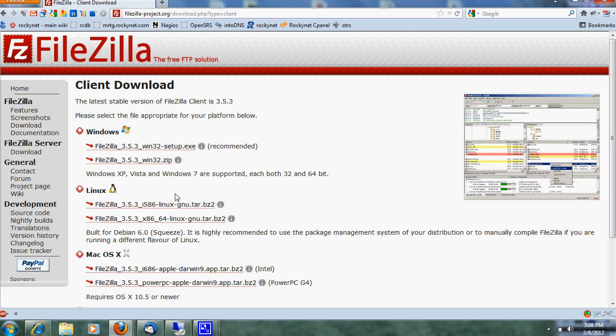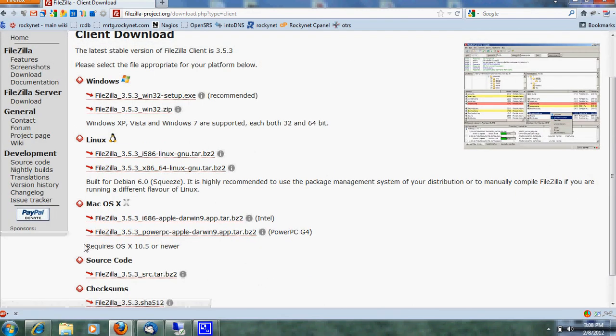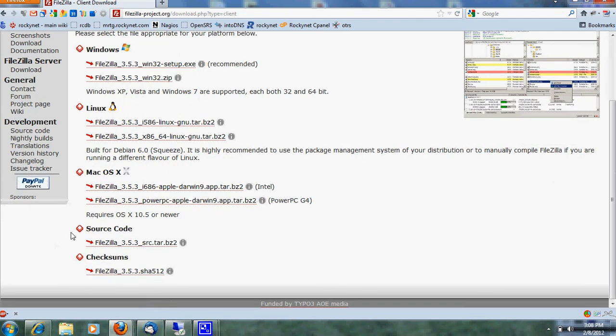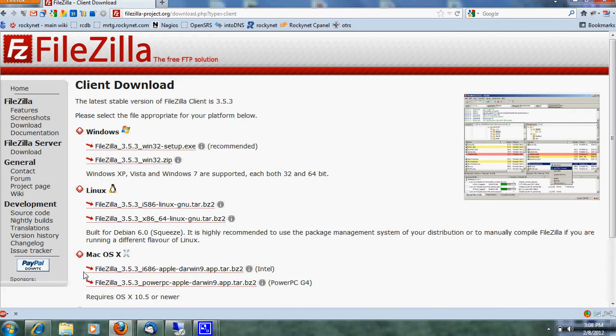And if you're using a Linux distribution, download any of these Linux tarballs. And then, of course, Mac OS, you're going to download these tarballs. You can also get the source code, but for now, we're just going to look at installing it on a Windows machine. So we click this,